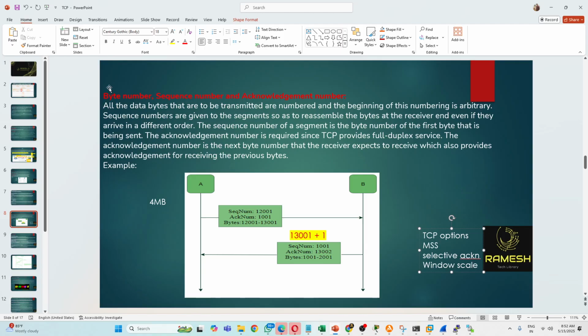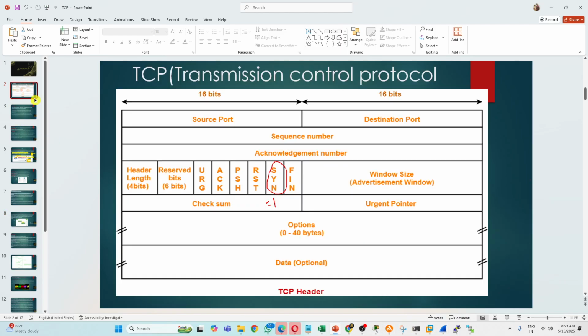So what I can do is explain these three. It's going very big actually. If I explain everything in one class, it will disappear from your mind. So let's keep whatever I said in your mind. In the part 3 video, I will explain TCP options, which is very important. They will ask you about TCP options. So we have to learn about the sequence number, acknowledgement number, window size, right?